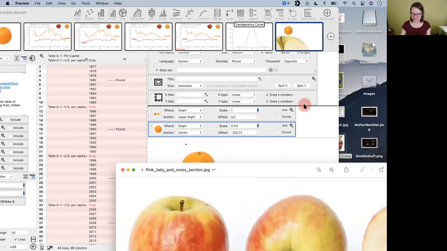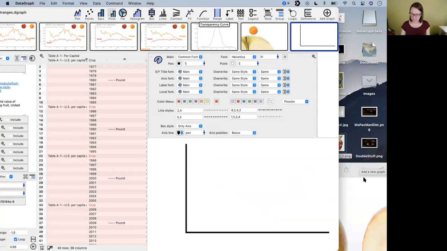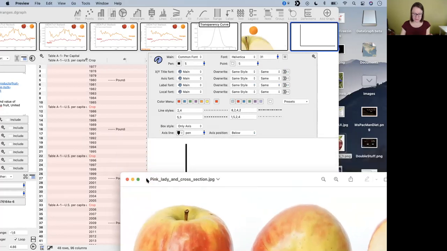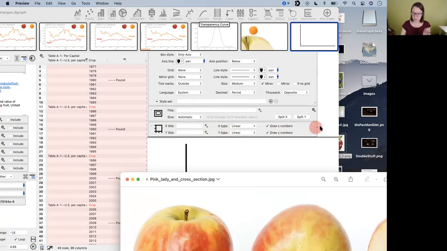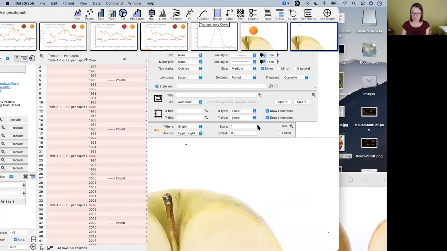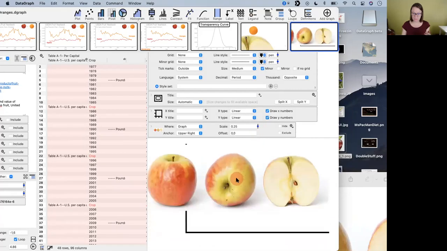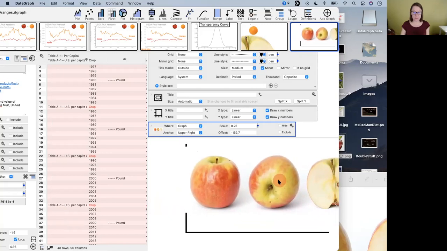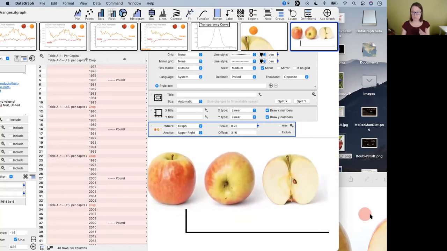There we go. Okay, I will do this again just to make sure that this is clear. So I'll make a new graph and I'll show you. If you go to just the left of the name and click, there we go. I guess I have to hover just a little bit over the name itself. I can click and drag and drop within DataGraph, and that automatically adds it into my DataGraph file as an image. But what you'll see is how the edge of the apples is overlapping the axis range with that white